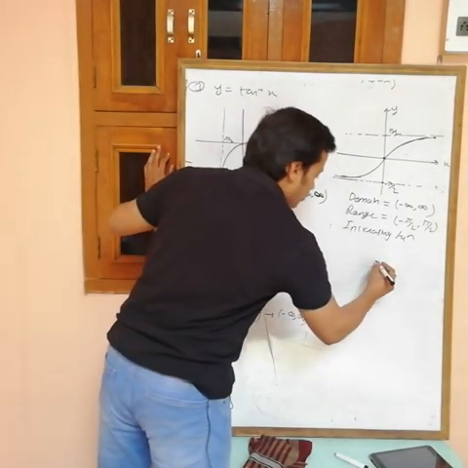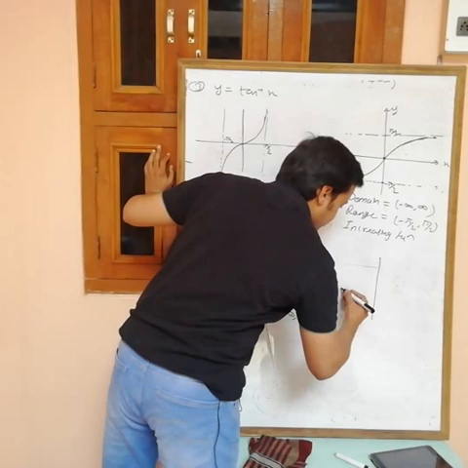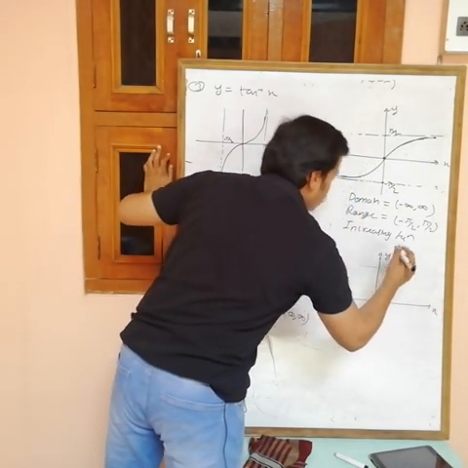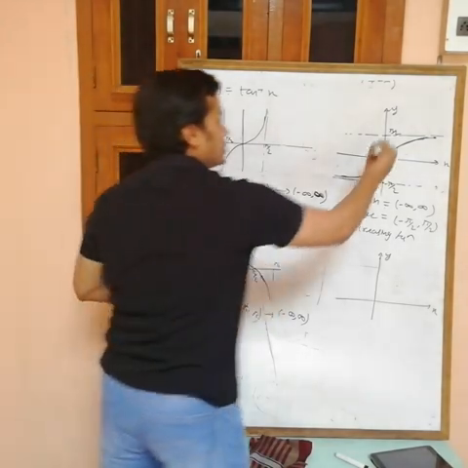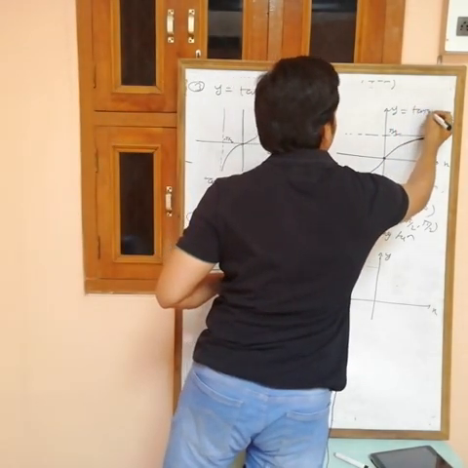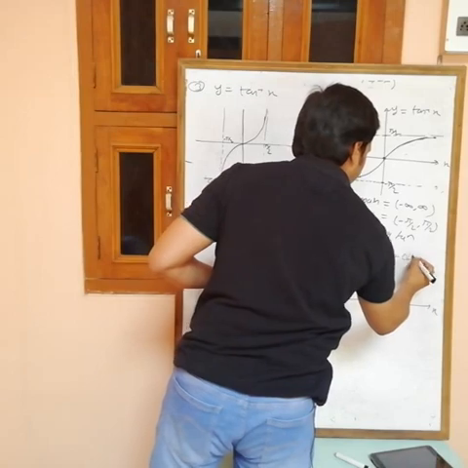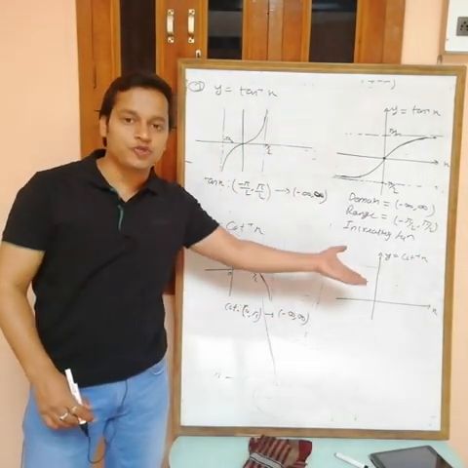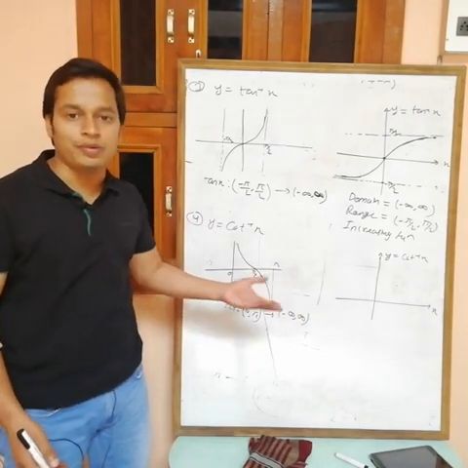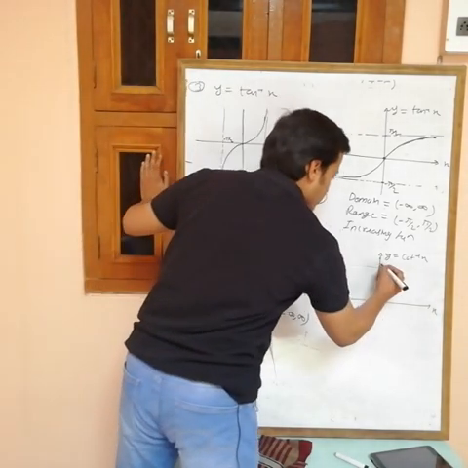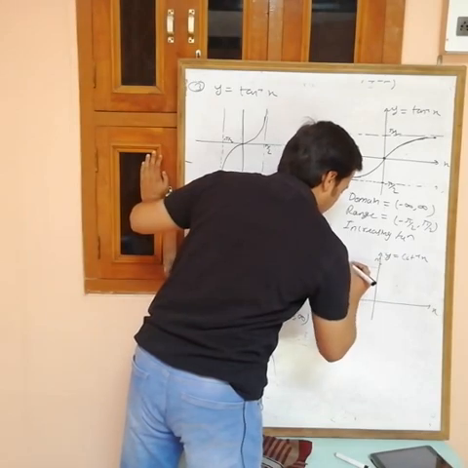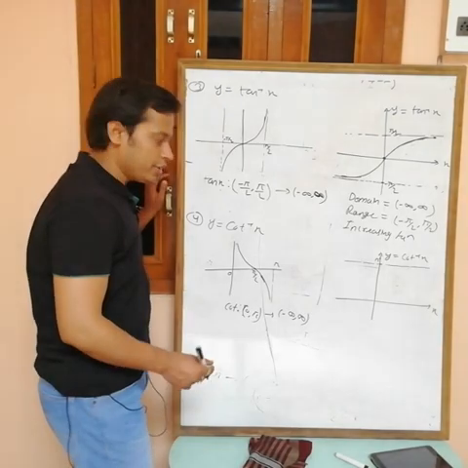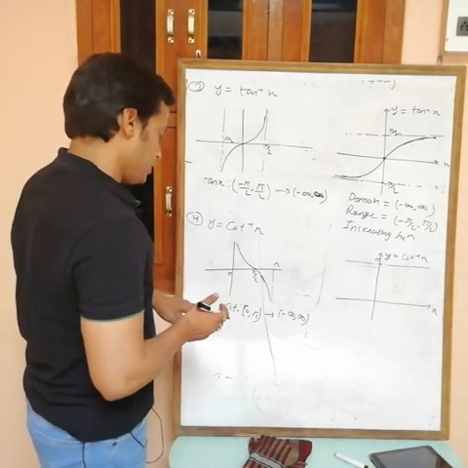Now draw the graph for cot inverse. This is the x axis, this one is the y axis. This is the graph of y equals tan inverse x. Now here you want y equals cot inverse x. The domain of cot is 0 to pi, and the range of cot inverse is 0 to pi; the domain becomes the range now. So suppose this is the line pi and I am drawing a line. So 0 to pi is the range.